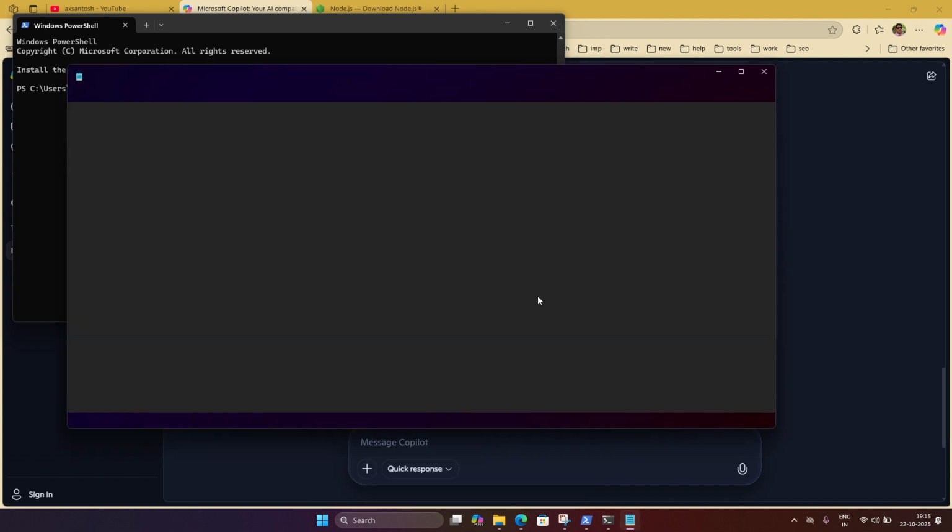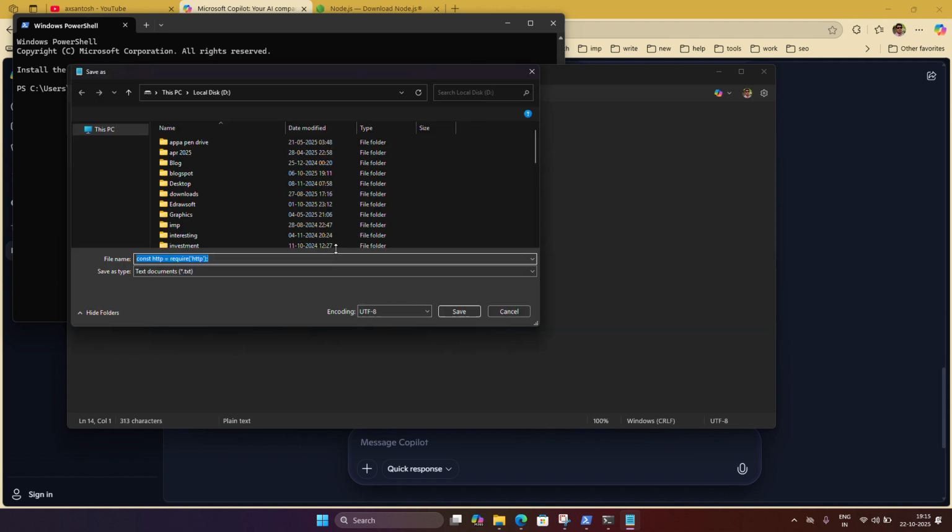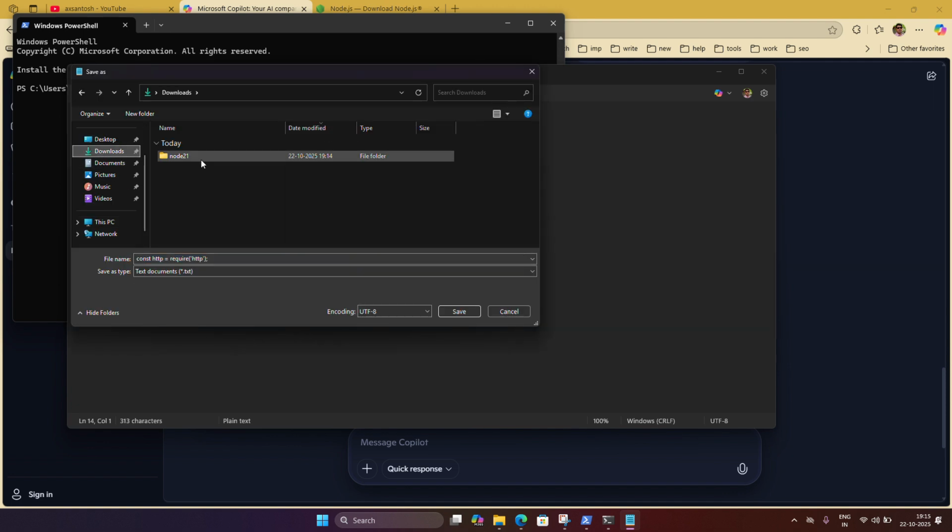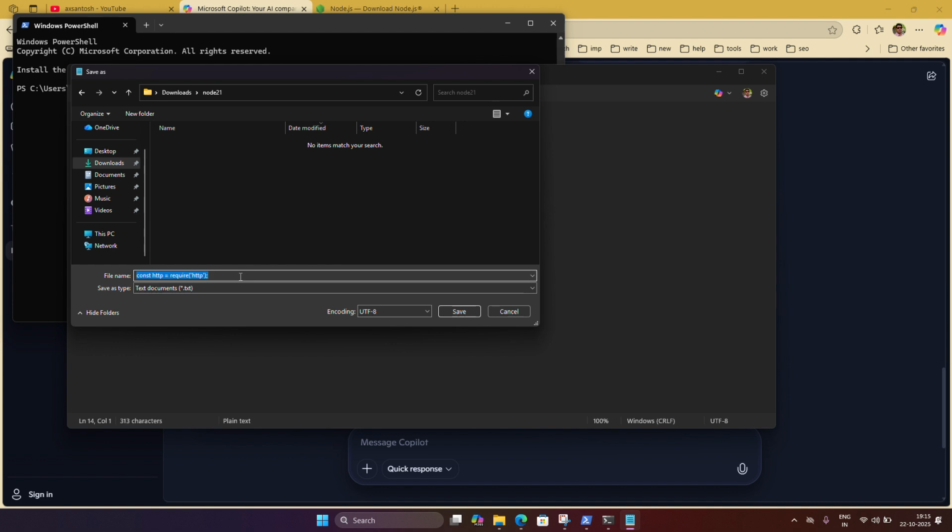I will open Notepad and create this file, and I will save it to downloads node 21 and then server.js. Save as type should be all files,